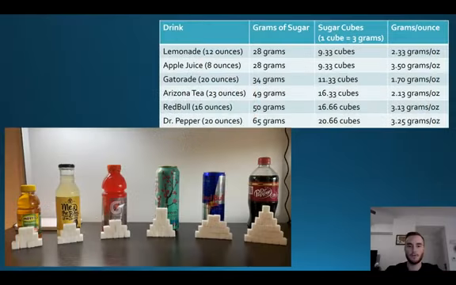So you're welcome to pause the video here if you'd like. This slide's a little bit more for those who wanted a visual of the breakdown of everything. There's the table that I made, compiling all of the data from the drinks that I chose, as well as the picture of all of the drinks together. So if you want, pause here, and when you're ready, you can continue the video.